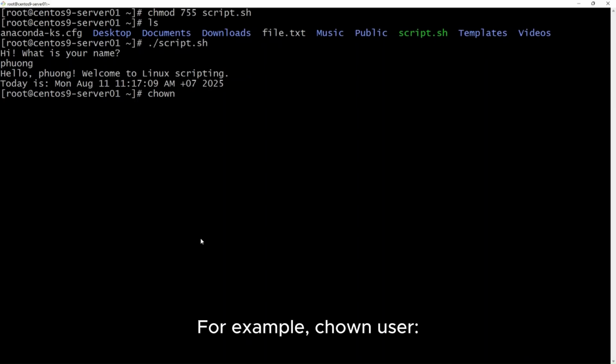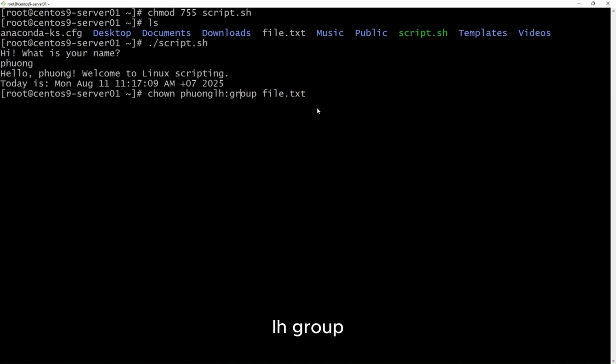For example, chown user:group file.txt changes the owner to user and the group for file.txt. For example, user Phương LH, group Phương LH.